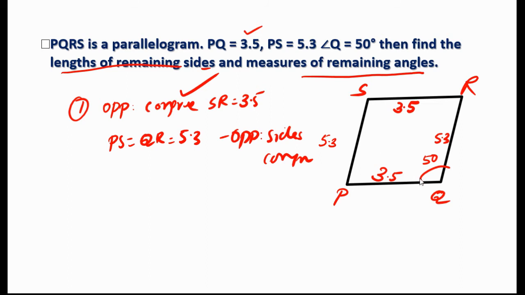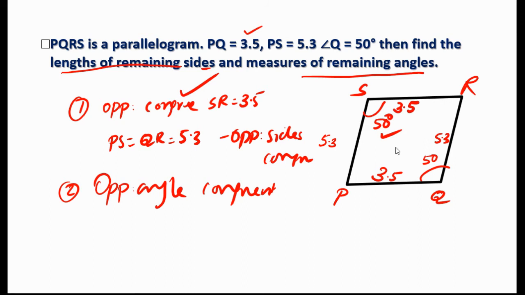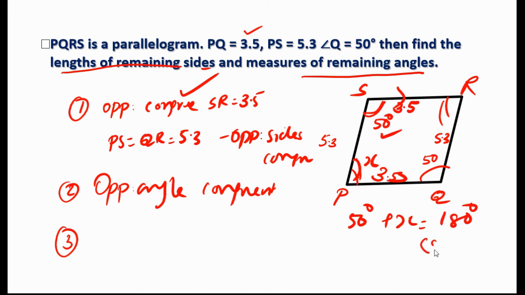Now regarding angle, there are more than one way. One way is that you can write this angle is equal to 50 degree. In parallelogram, opposite angles are also congruent. ये property से आपको लिख सकते. But here you reached. What about these two? Now the property of parallelogram and parallel lines and the transversal says that this plus this, that is angle S plus angle P, which we don't know now, that is 50 degree plus x degree, must be equal to 180 degree because they are supplementary.